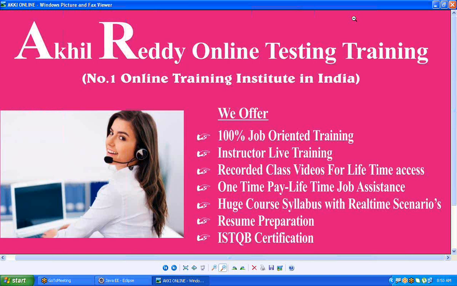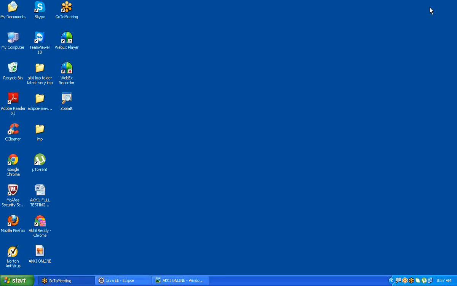But in Selenium, there is no object repository. So we will keep all the properties in one file, and we will treat that file as the object repository. Manually, we need to create the object repository. So how to create the property file and how to work with Selenium using these properties, I will teach you now. First of all, go to Eclipse.